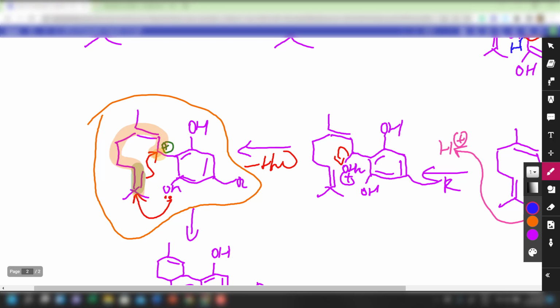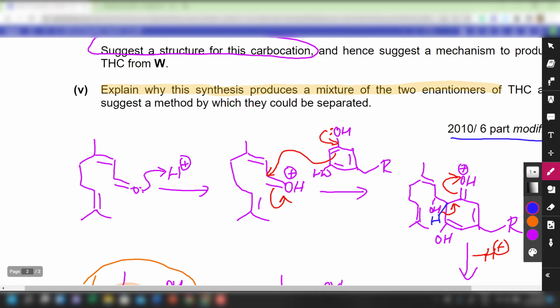And you will ask, what is a good method to separate them? We can use chiral column chromatography. For chiral column chromatography, the column is packed with reactants, or not exactly reactants, but substances that are chiral as well. So they will interact a little bit differently with the two enantiomers, and the slight difference in interaction will cause one enantiomer to elute out from the column at a slightly